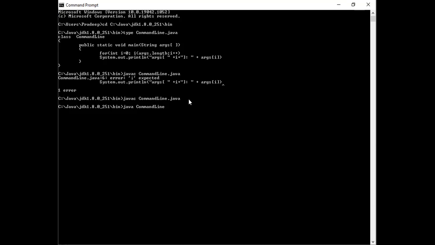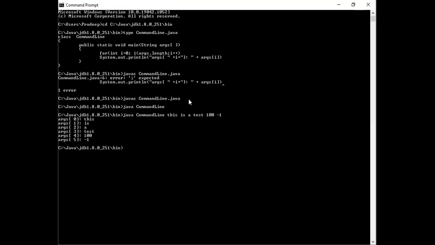Directly the class name, which is commandline. Now you should not press the enter key here. If I press the enter key, let me see what happens. See, nothing is done because we have not supplied any argument here. So, this is a test 100 minus 1.